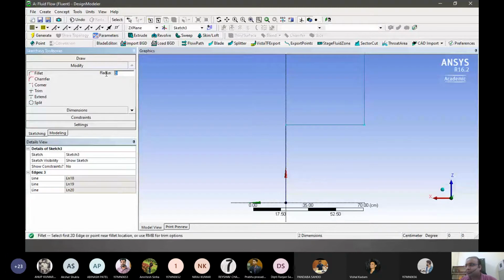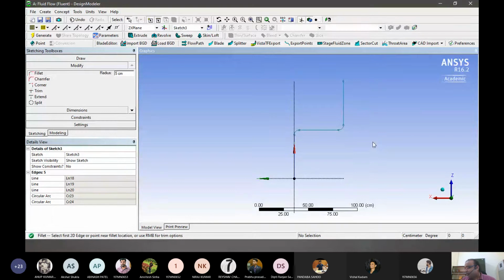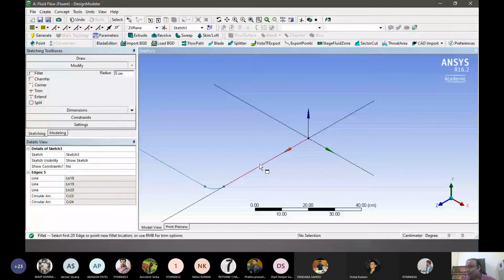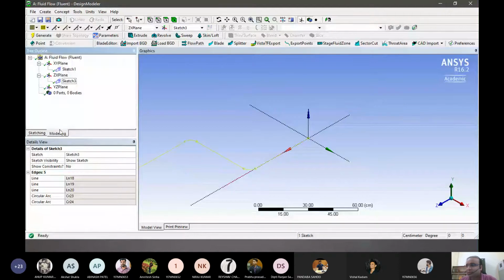Let's put a 5 centimeter fillet because that will also work. Yeah. And here. Perfect. So our geometry is like this. The path is here, and our profile is somewhere on the x-axis.